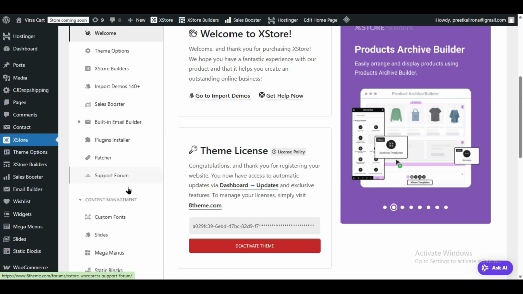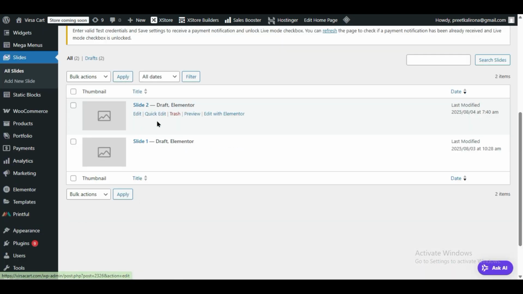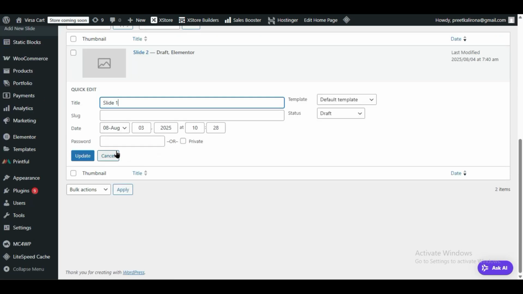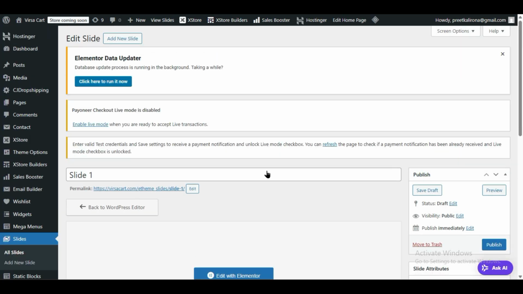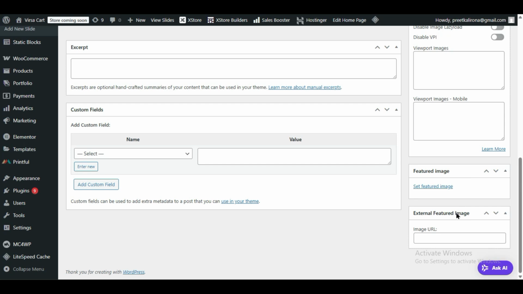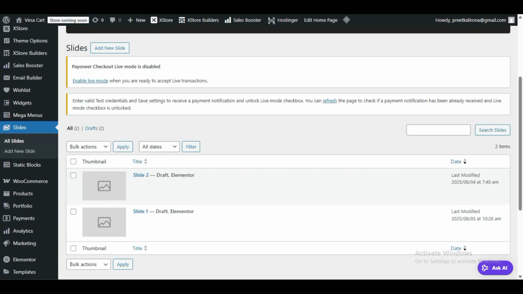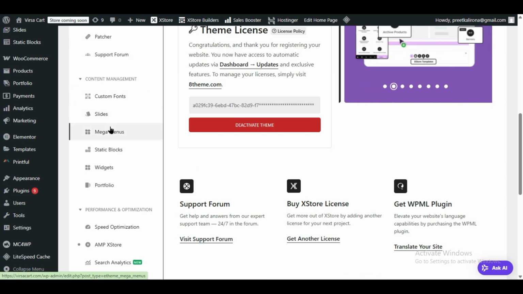If you click here under the custom fonts, slides, all the sliders will be here. Make sure you add slide 1, slide 2 into each slide. How you can add into each slide, you have to choose, like if I quick edit, when you make a slider, if I for example edit this slider, you have to choose the categories here. If I go back, so you will be able to add sliders, and after this we have mega